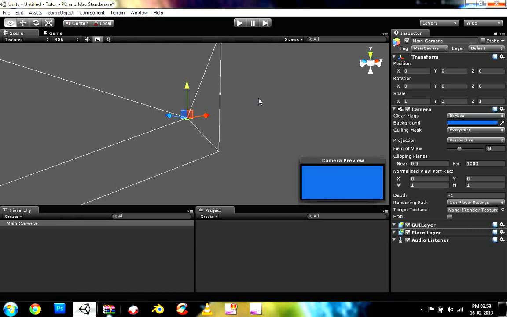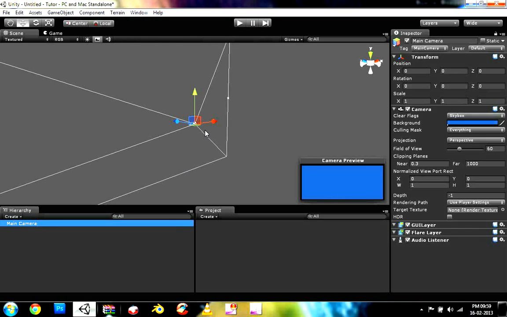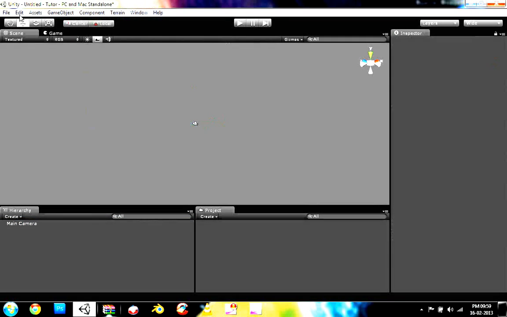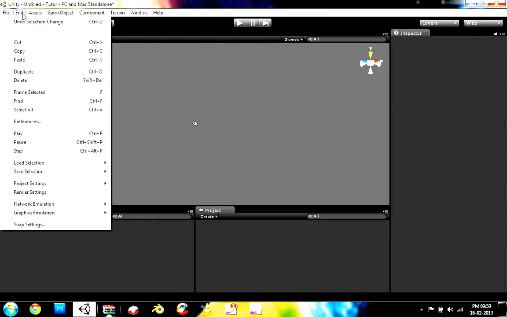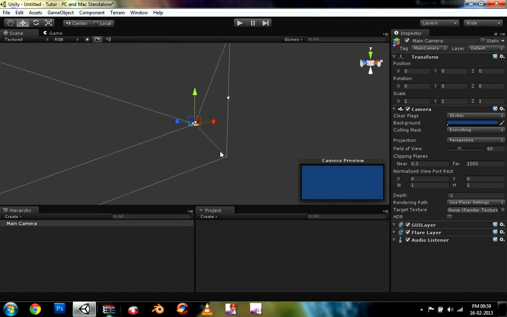So this is the Unity startup. If you are clear with this, we will learn Edit, Assets, Game Object, and Component in the upcoming videos.